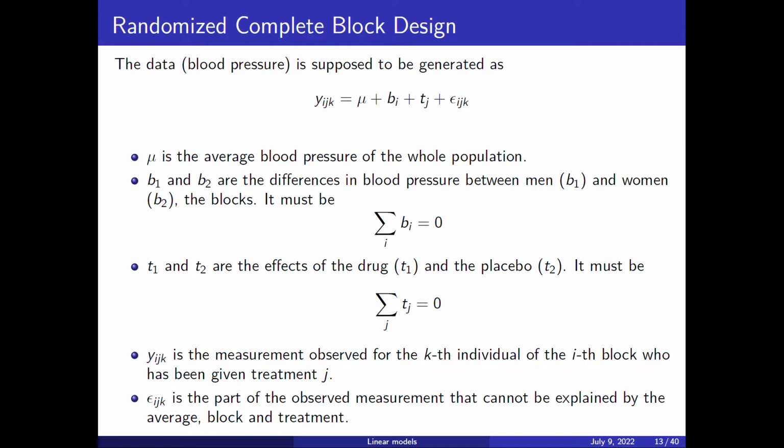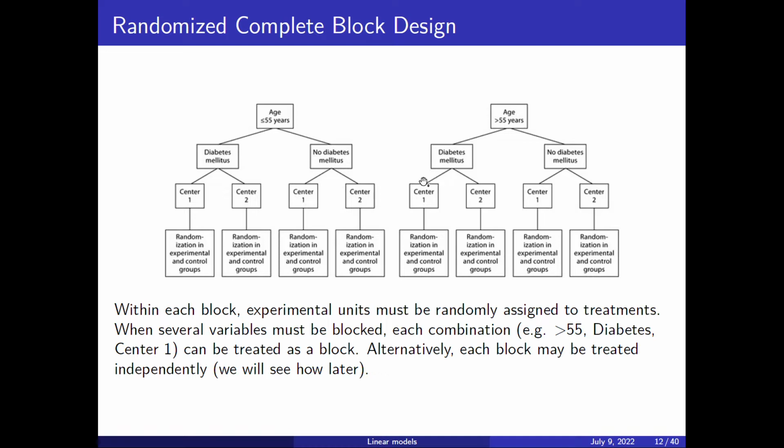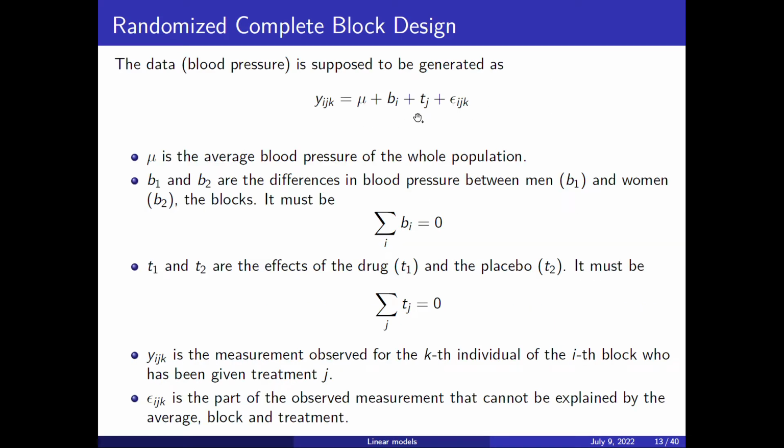And now my model for the generation of the data is like this. So you are a person. My observation will be an overall mean plus something that depends on the block you are in. Here we could deal with it in different ways, but I'm just showing, for instance, one block, not 3, because I don't want to make this formula too complicated. So something that depends on the block that you are in,